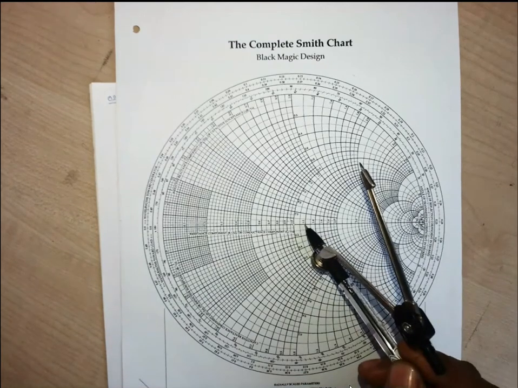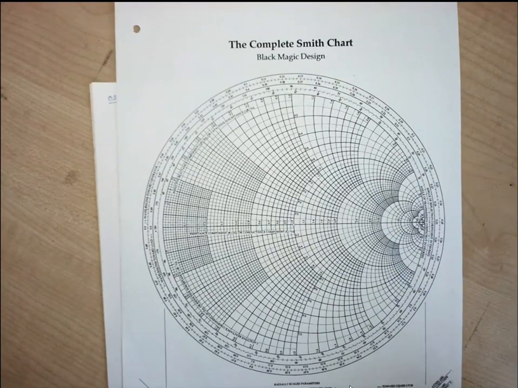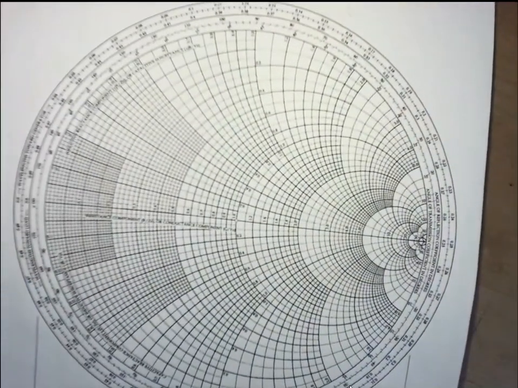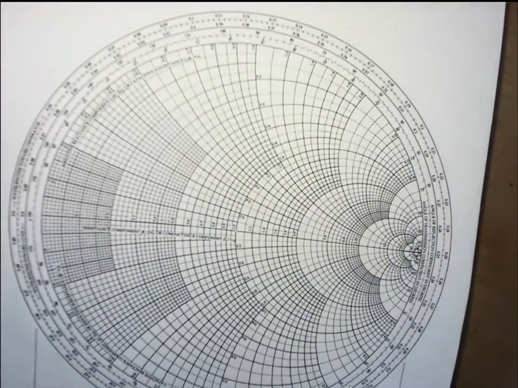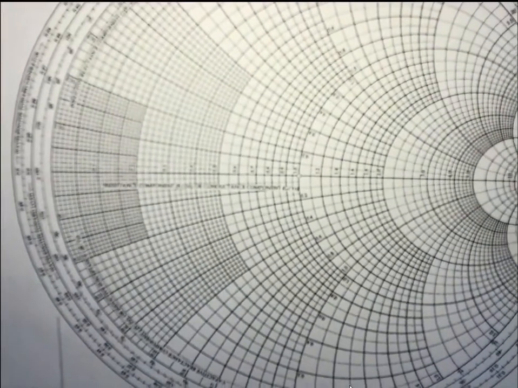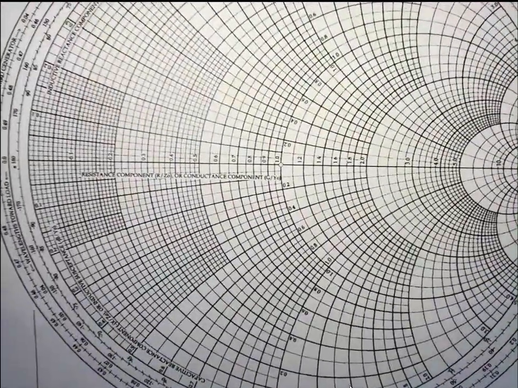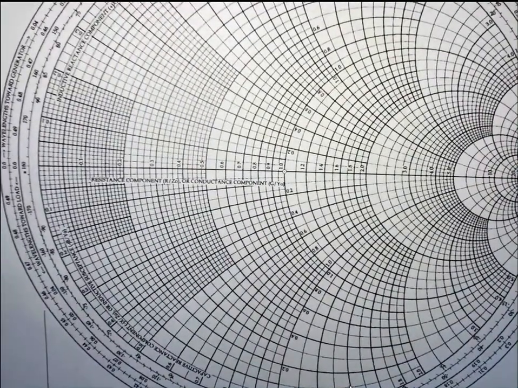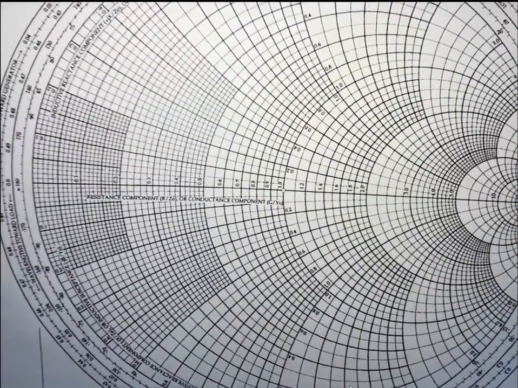So it is 1.2, it is 1.4, this is 1.3. So somewhere just below this, is it visible? Just try to have a look. This is your 1.2 circle. This is your 1.4 circle. So between these two, we are supposed to have 1.3, but it is 1.33, so just below that circle.